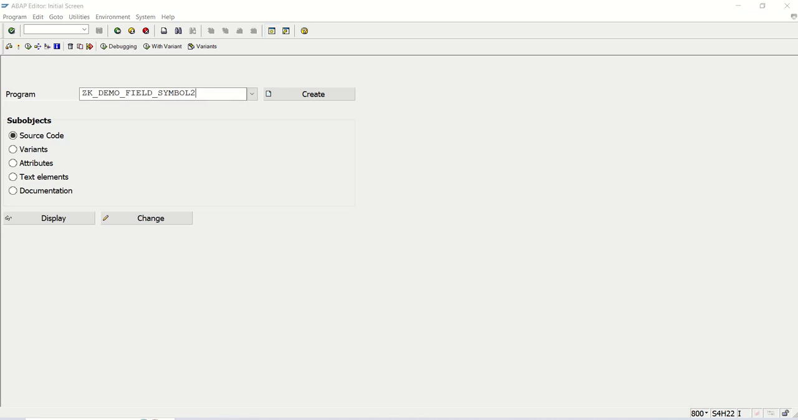Welcome back. So now let's see one more example of field symbol, and this time we'll work with the internal table. This is very useful. In almost every program we work with the internal table. So to modify the internal table content, the field symbols are very helpful. So let's create a new program,